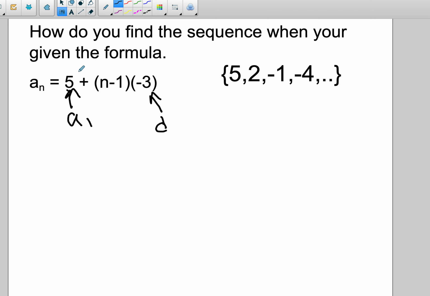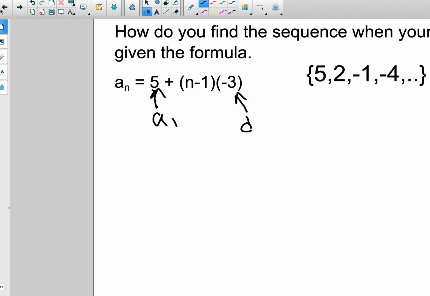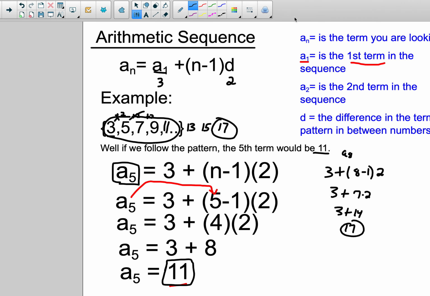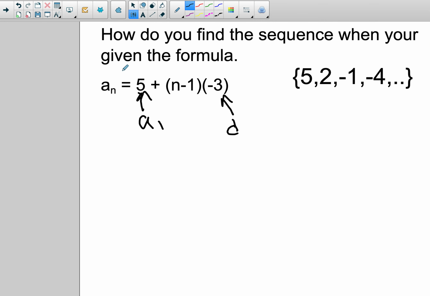Well, remember from the formula that first number is the first term in your sequence. So all we have to do is take that first number in the sequence,